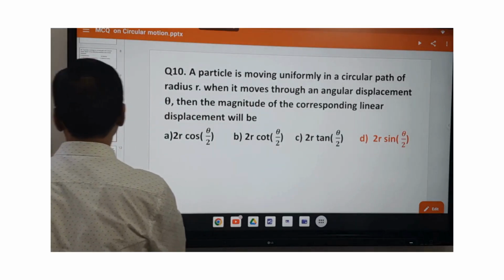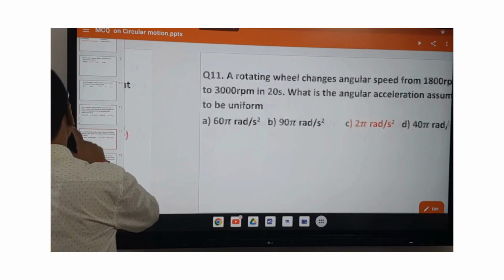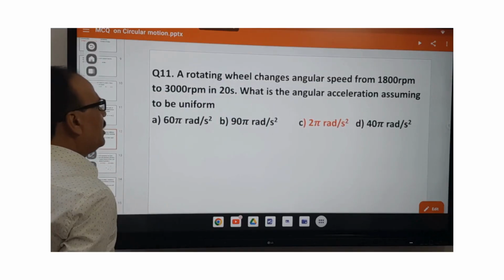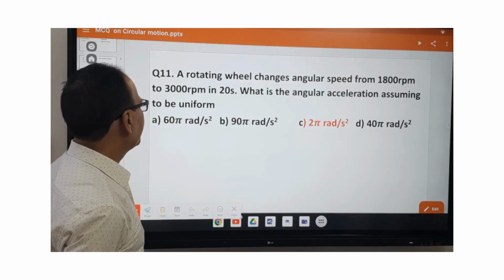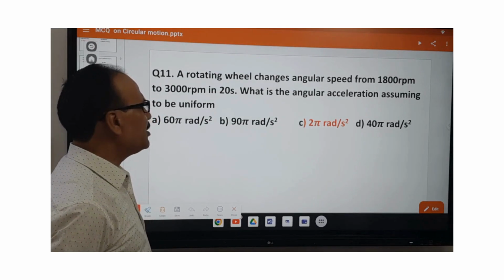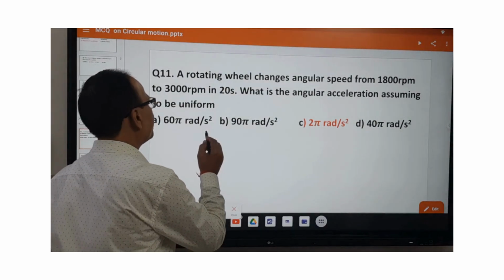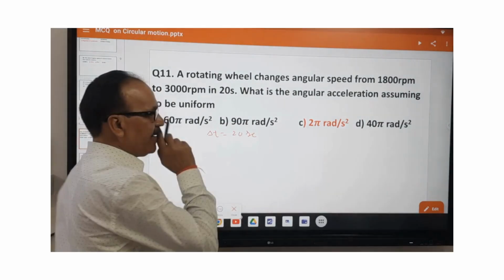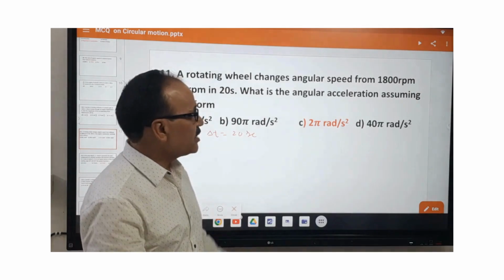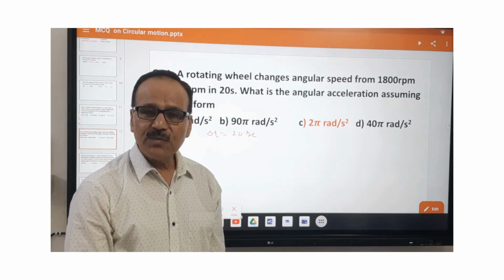Next question, question number 12. A rotating wheel changes angular speed from 1800 rpm to 3000 rpm in 20 seconds. Time is given, delta t is 20 seconds. And as I have told you, this is again the angular frequency,